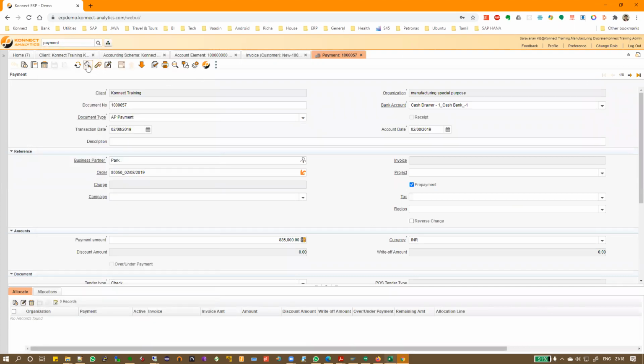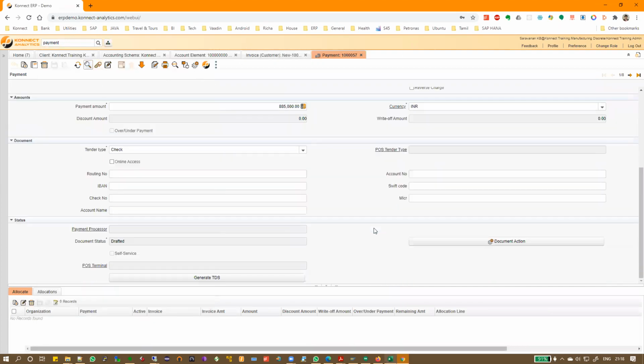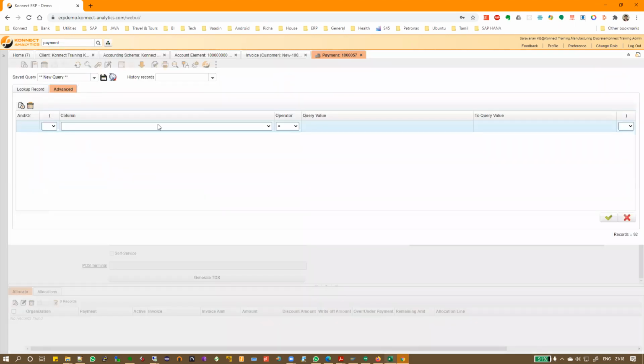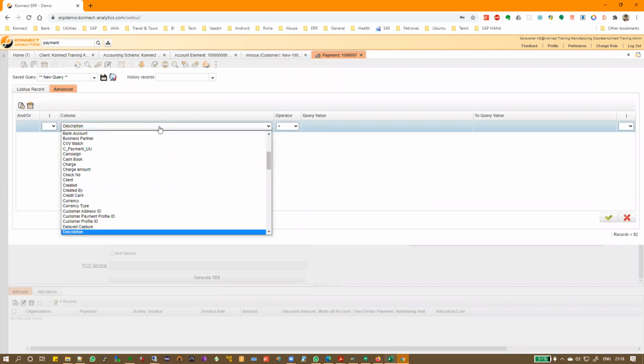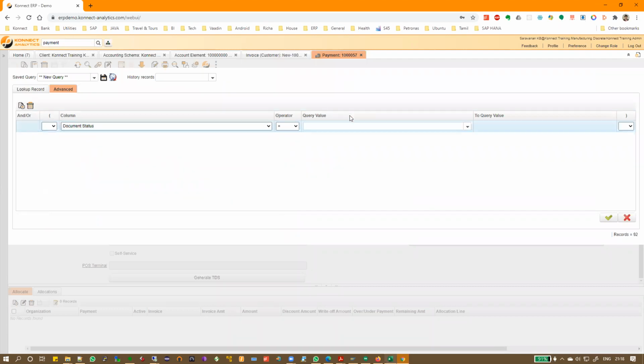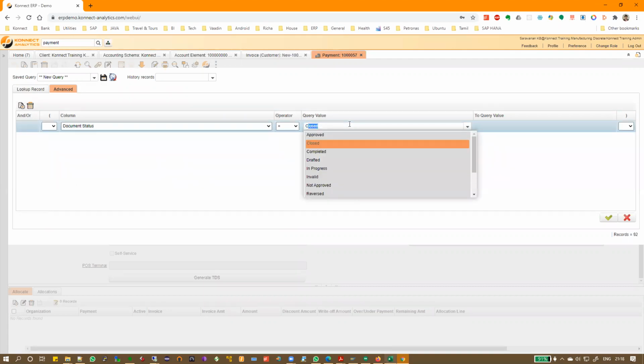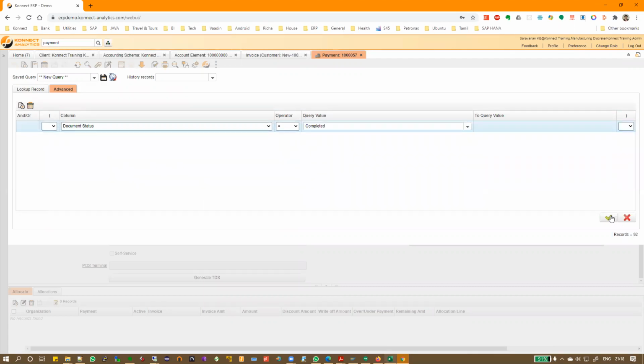Okay. Again, why I am always filtering is if the document is not completed, that means the posting button itself will not come. Only for completed documents, the financial accounting will happen. Okay. So the document status has to be completed, or closed. Closed also is fine, but completed or closed.